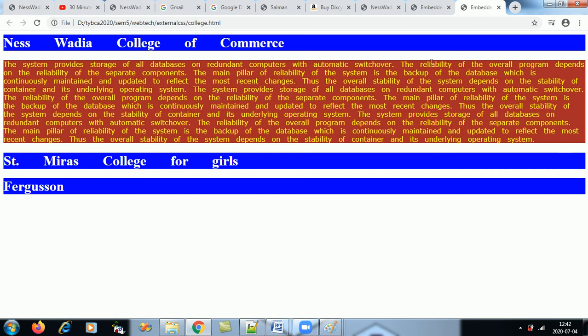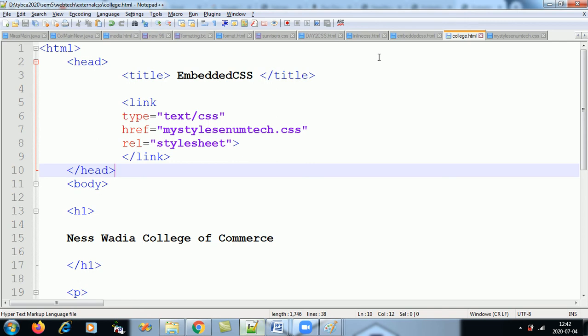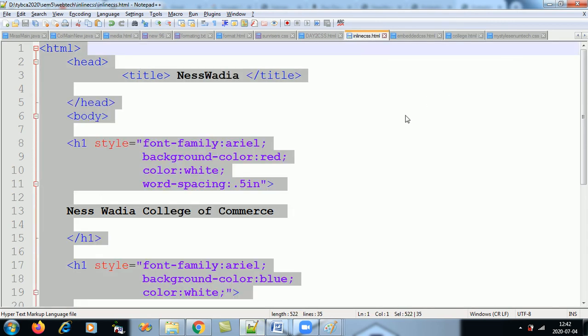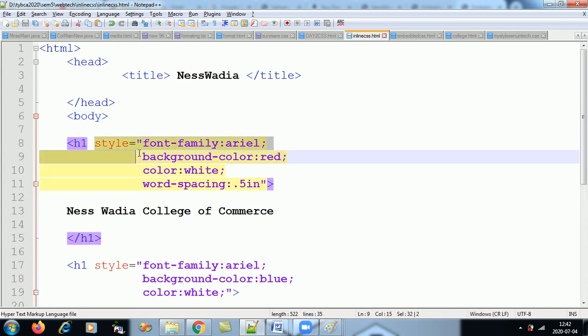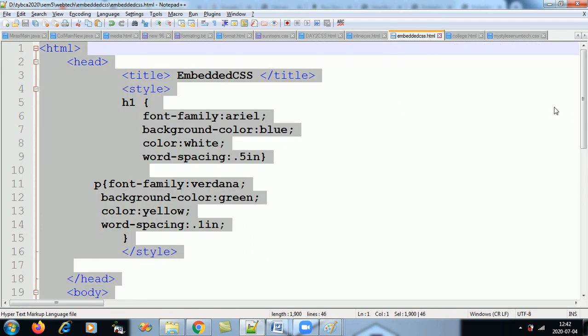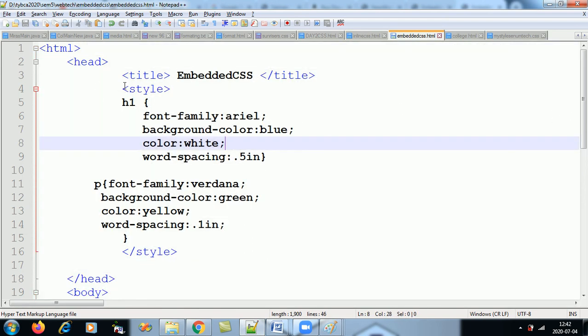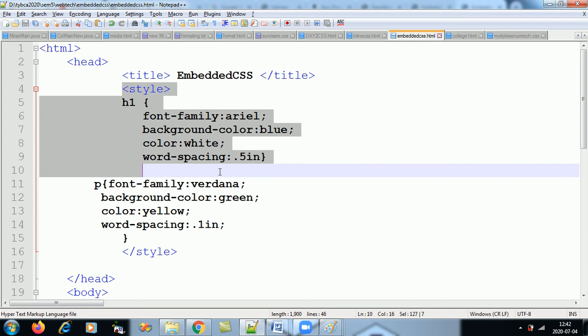Are all the three types of style sheets understood? Inline, embedded, and external. I'll just take a quick recap and then I'll disconnect. In inline, where we are giving the element, there you have to give the styles. In embedded, in the head, make a style tag.